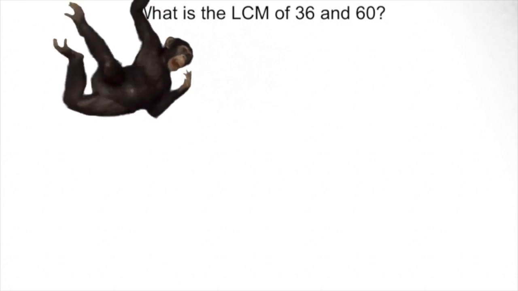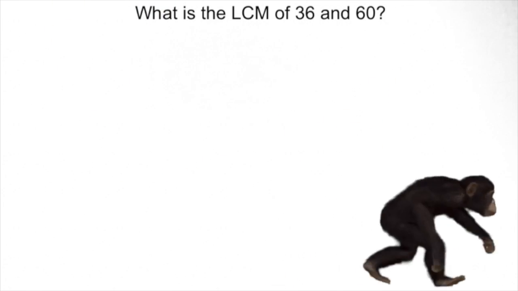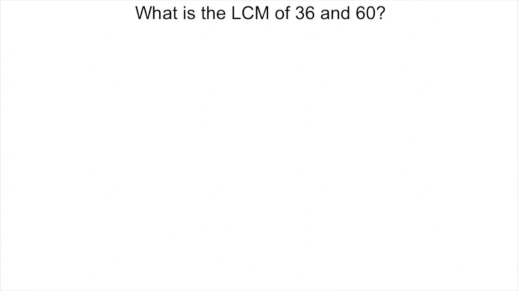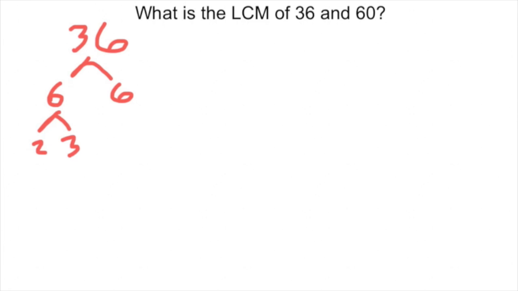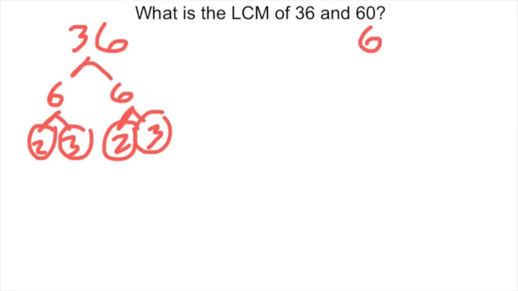So you have 2 choices when you do the LCM. You can skip count both of these numbers and find the first number that's the same, or if they're really large and you want to use Venn diagrams, that way works as well. Because these numbers are kind of large, I don't want to skip count. I'm going to use the prime factors to find the LCM. So 36, 60,